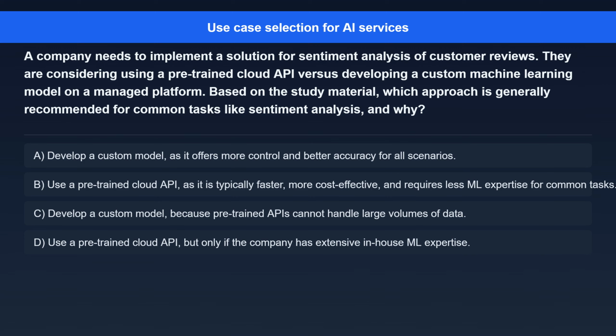Question 5. A company needs to implement a solution for sentiment analysis of customer reviews. They are considering using a pre-trained cloud API versus developing a custom machine learning model on a managed platform. Based on the study material, which approach is generally recommended for common tasks like sentiment analysis, and why? Option A. Develop a custom model, as it offers more control and better accuracy for all scenarios. Option B. Use a pre-trained cloud API, as it is typically faster, more cost-effective, and requires less ML expertise for